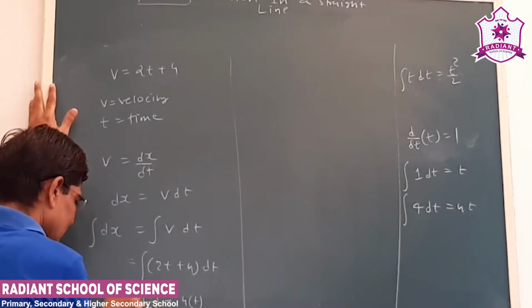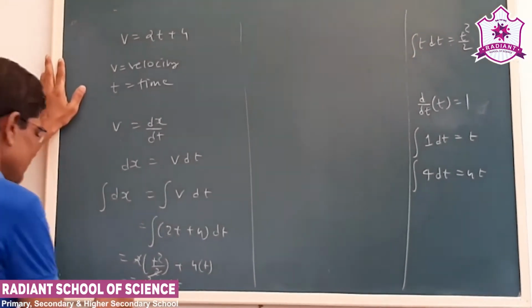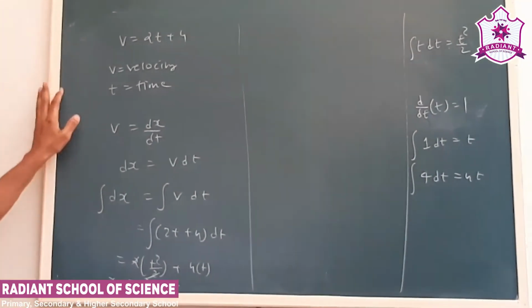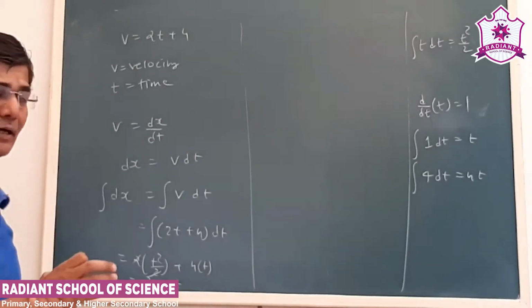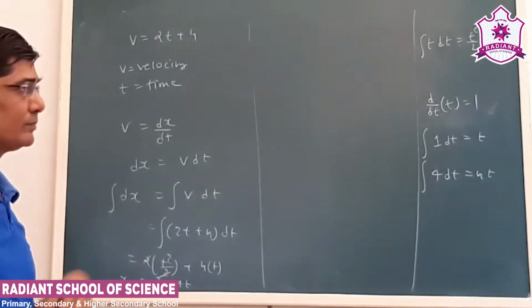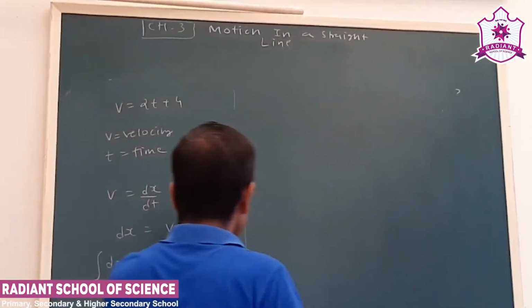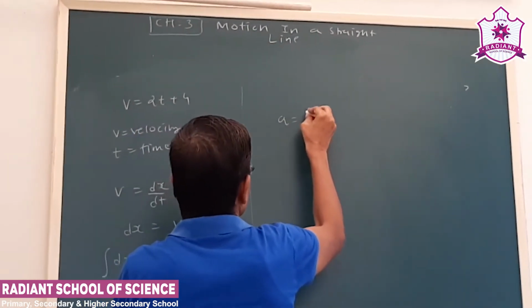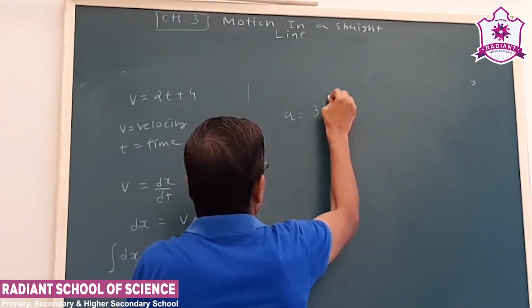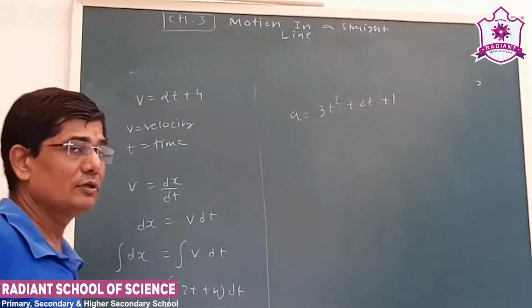Now if we solve this, this is how we can get the value of displacement. So by taking the help of calculus, if we are given velocity, then we can find out displacement. We take another example in which the acceleration is given. Suppose a is equal to, one. We have to find out displacement.